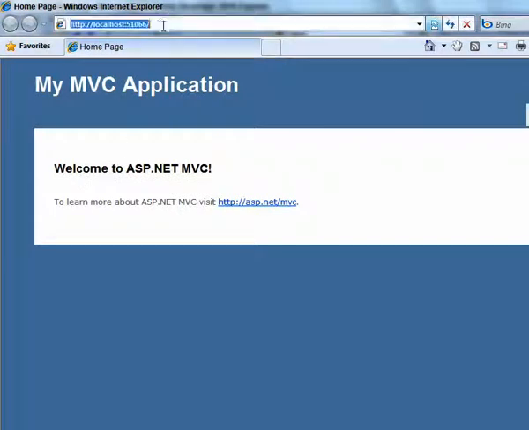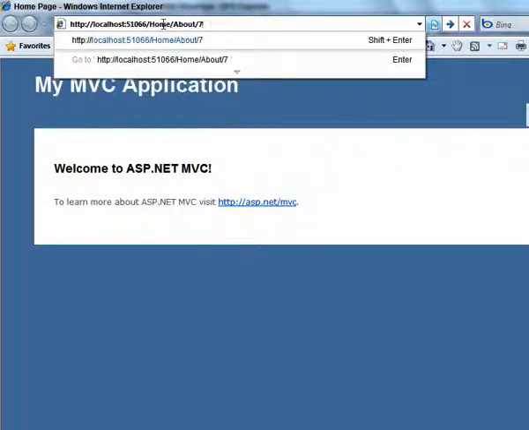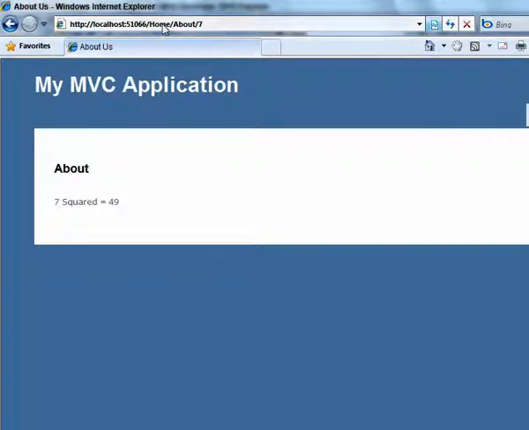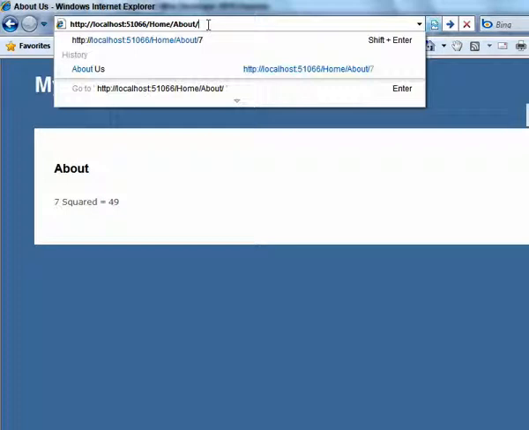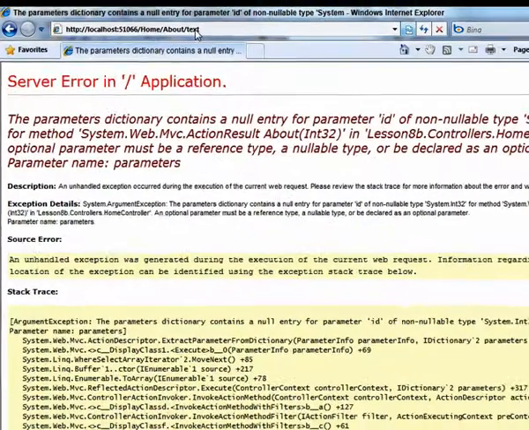We can navigate to our Home/About and put the number 7 in. It's going to be using the value from the address bar to figure out what the id should be, and that's due to how the routing is done. See, if I put test, which is text, it